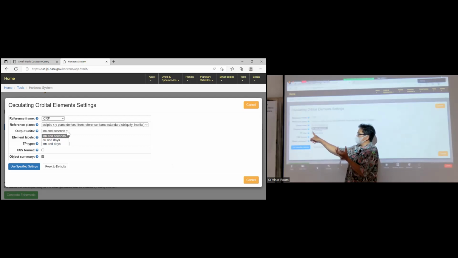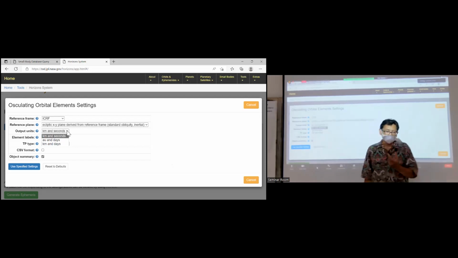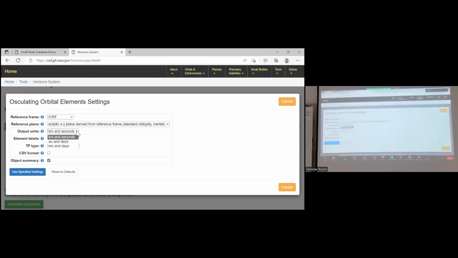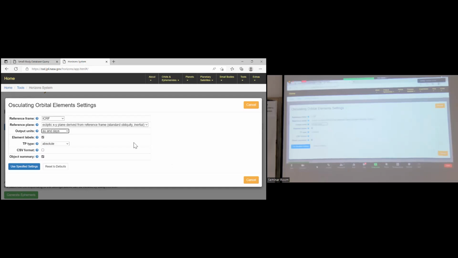AU, the same as the semi-major axis, the unit for the semi-major axis in AU, and time in days. AU and days. If you want to know the properties of the planet, you can click this one.